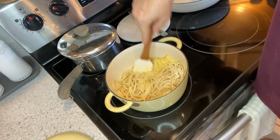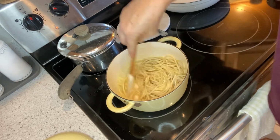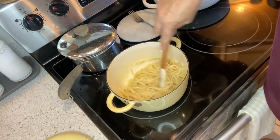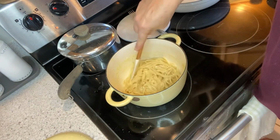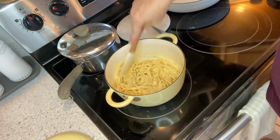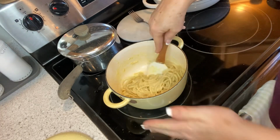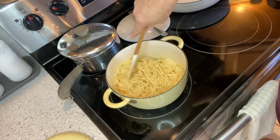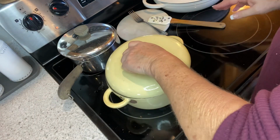Obviously you could go heavier on the parm, but I used a little bit of that cream cheese. So I went easier on the parm, and that way I didn't have to grate anymore. Yeah, I'm trying to use things up this weekend, which I'm not actually cooking per se, but because the burner's still hot, or, you know, warm enough I wouldn't want to sit on it. I am gonna put this lid on here for just a second and let that egg kind of